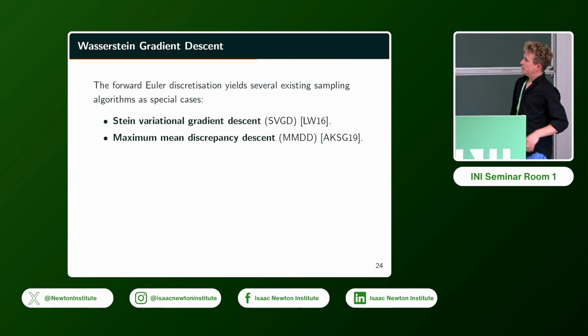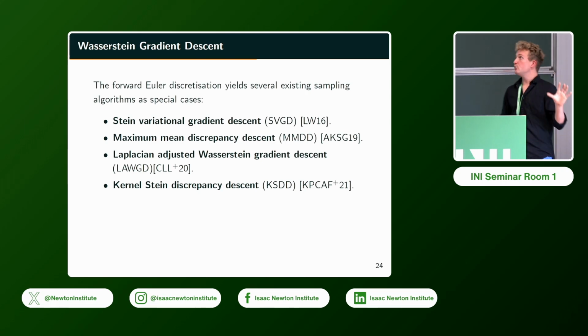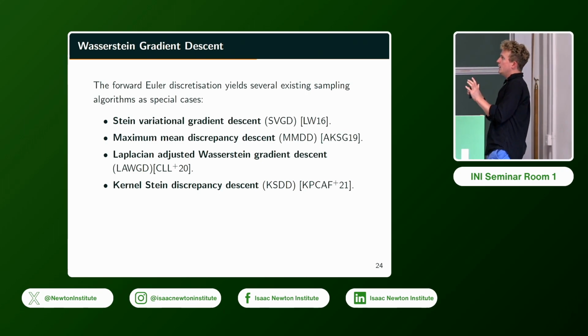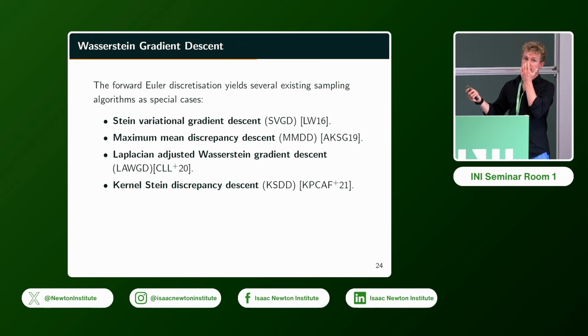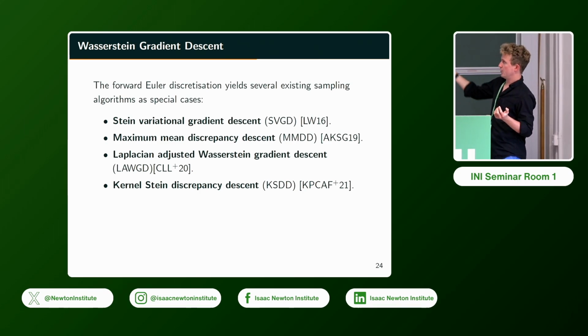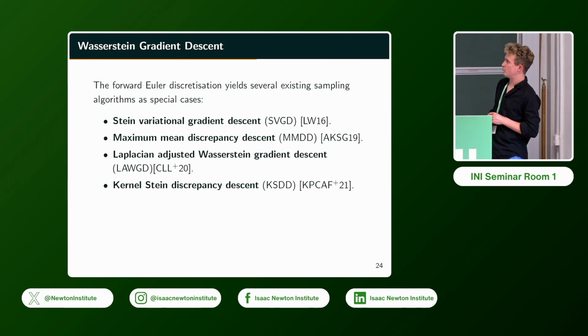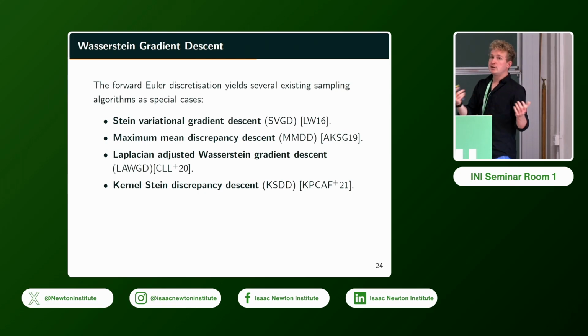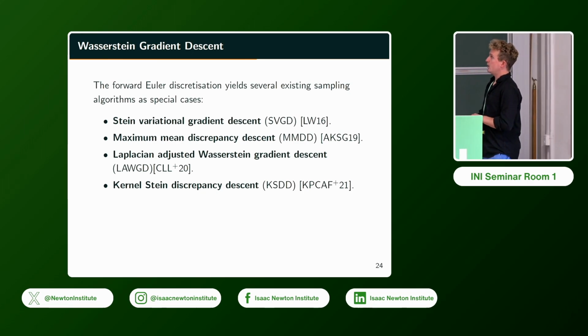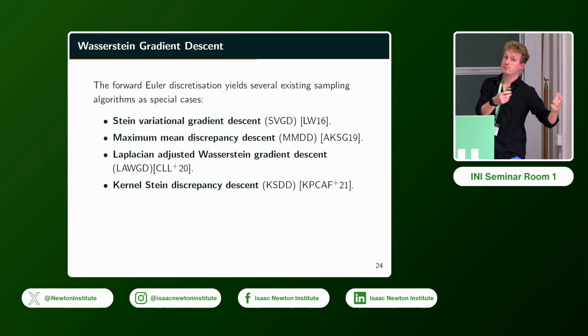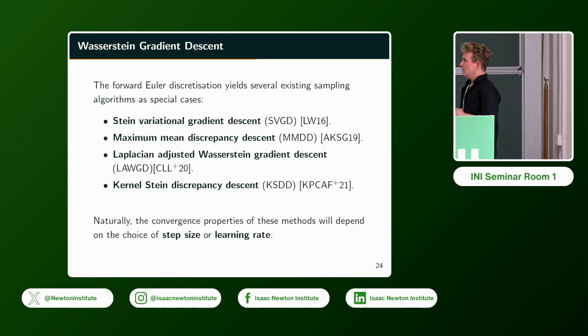Okay, and as I mentioned right at the top of the talk, considering different discretizations or different ways to approximate the terms in these discretizations leads to various different algorithms which have been studied in the literature. So SVGD, which I showed animations from earlier, maximum mean discrepancy descent, Kernel-Stein discrepancy descent, and some other schemes as well. Essentially, you get to these by either introducing different approximations into the underlying equations or changing your choice of functional. So you end up with all these schemes via the viewpoint of this problem as an optimization problem.